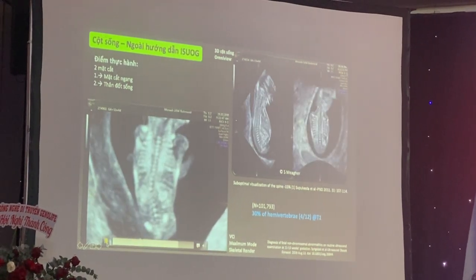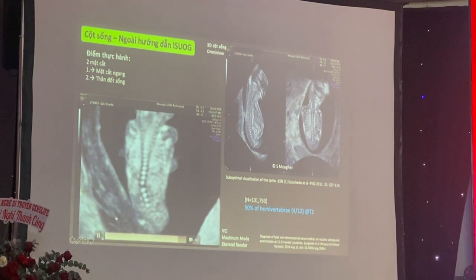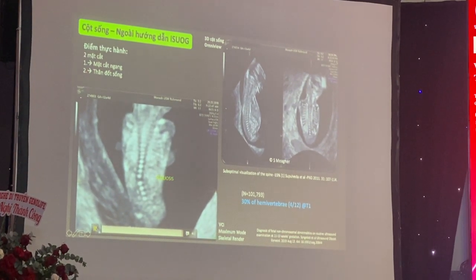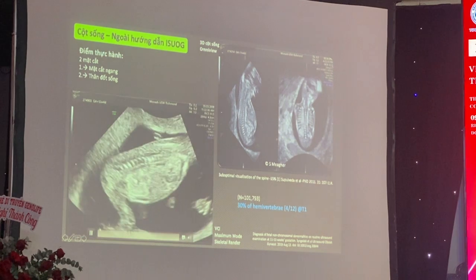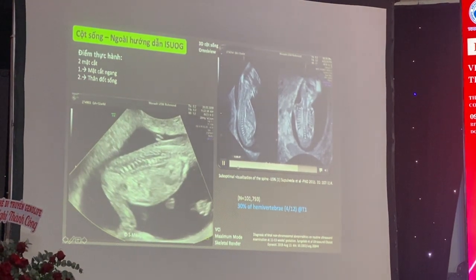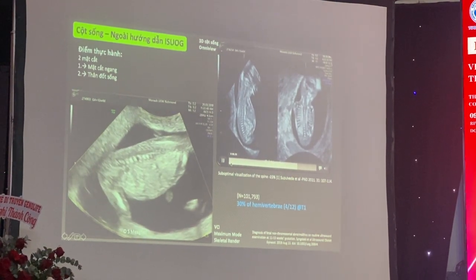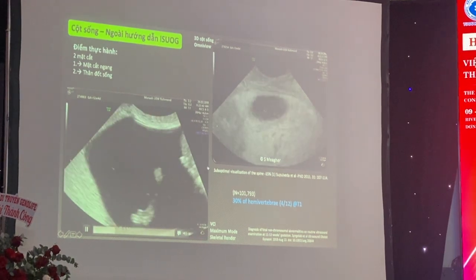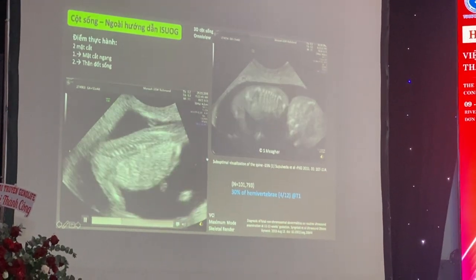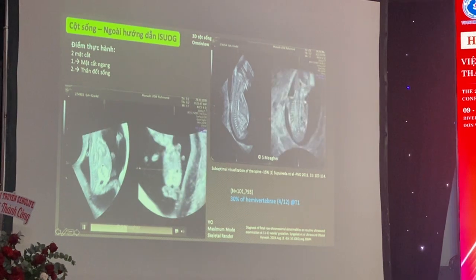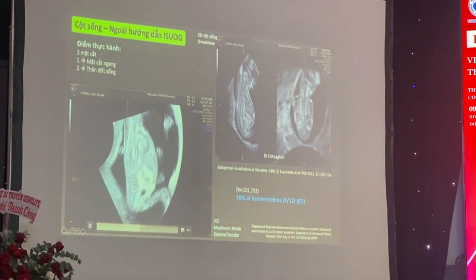And if you see a hemivertebrae in the first trimester of pregnancy, the next question that I ask is, is there any evidence of VATER or VACTERL syndrome? So it's important to examine the kidneys, look for any evidence of a congenital heart abnormality, and look at the fetal limbs. But what is a very powerful tool in looking at the spine, this is a normal for comparison,